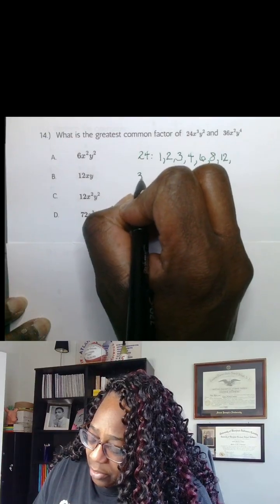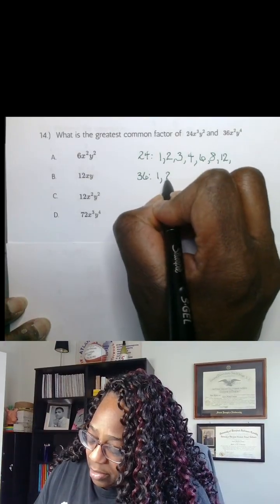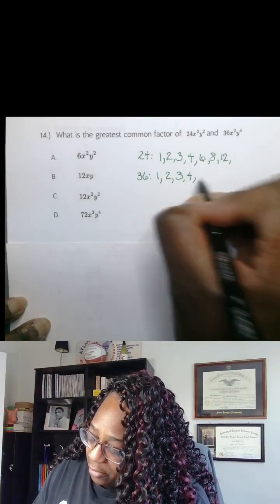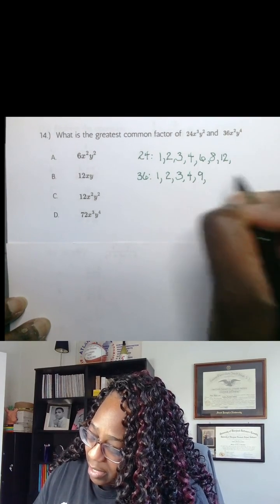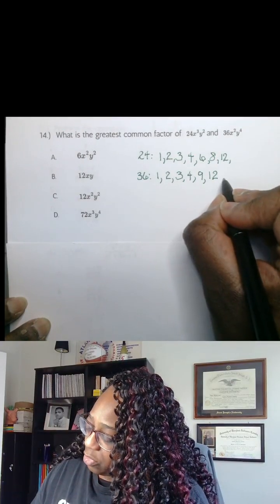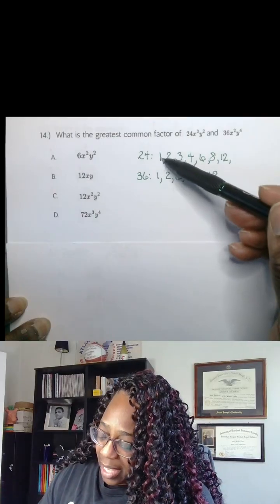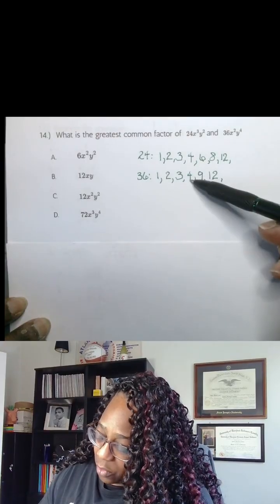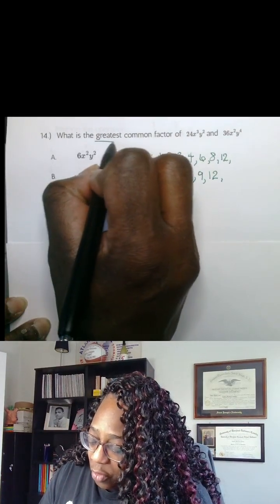So if we look at 36, where would we see 36? Well, we definitely will see it in the 1s. Definitely see it in the 2s. We'll definitely see it in the 3s. The 4s, not so much the 6s, but the 9s. We also see it in the 12s. And I think that'll be it. So when we take a look, yes, they both have 1s. Yes, they both have 2s. 3s, 4s. But then we have 12s. So we're looking for the